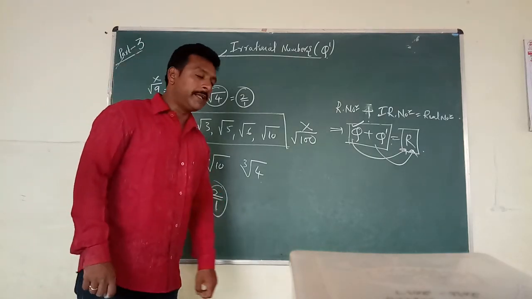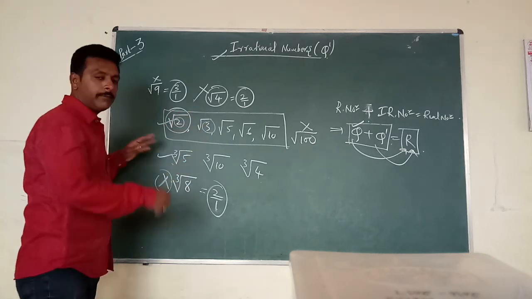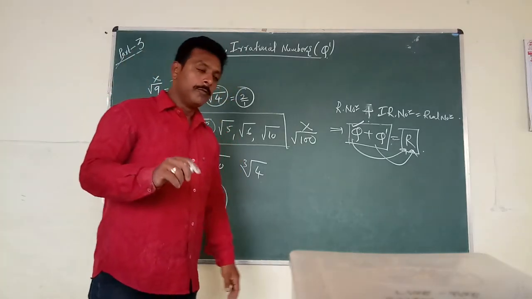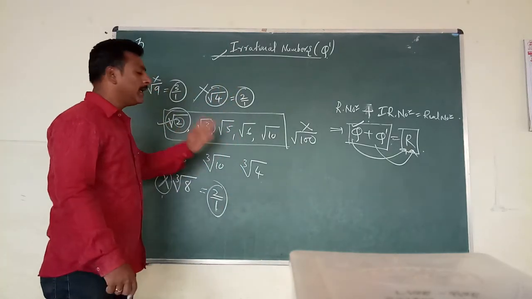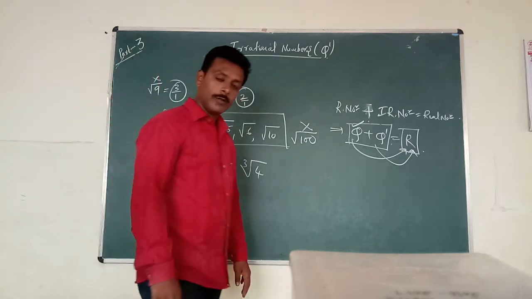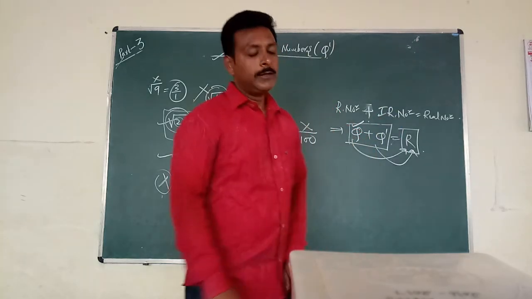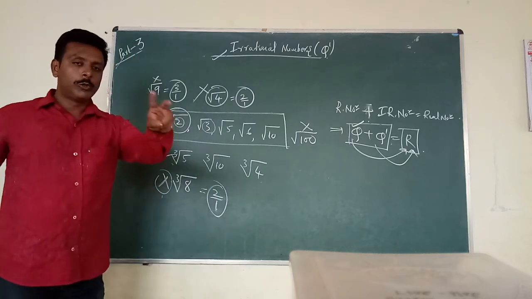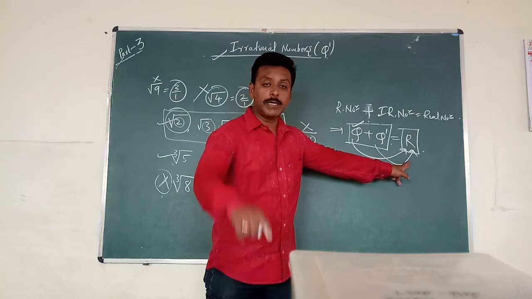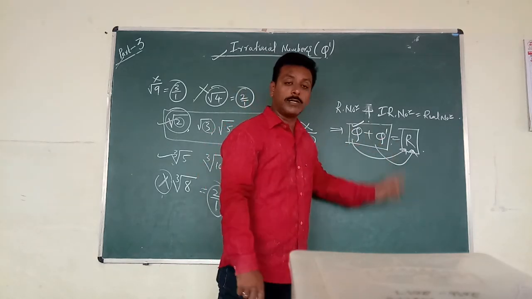So don't think that whatever number we are writing inside a root, it may be square root or it may be cube root, they all are irrational numbers. No. Square root के अंदर जो लिखते हैं they should not be perfect square, they should not be perfect cube. Okay, then only you will get the irrational numbers. So this concept you have to remember. Two things I discussed here, keep it in your mind. Every rational is a real, but every real is not a rational. Every irrational is a real, but every real is not an irrational.